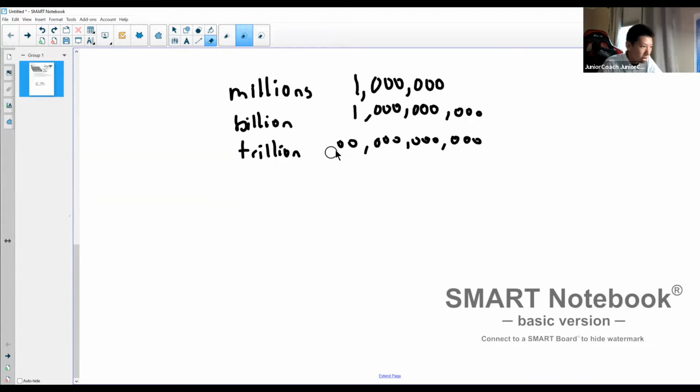But does anyone know how many wheels a bicycle has? Just send me that in chat. How many wheels does a bicycle have? Yeah, exactly. A bicycle has 2 wheels. Yeah, everyone should know this. Now, how many wheels does a tricycle have? A tricycle has 3 wheels, right? So, believe it or not, the words that we use to call numbers higher than 100,000, million, billion, trillion,